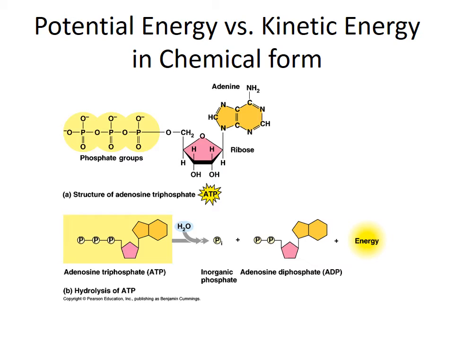And in chemical forms, as I said earlier, that chemical energy, that potential energy, is found in the bonds. The potential energy we see in the body is called ATP, adenosine triphosphate, and you can see that in this diagram. It looks just like a nucleotide. We see a nitrogenous base, the adenine. We see a 5-carbon sugar, ribose, and we see not one but 3 phosphate groups. If it was a nucleotide, there'd only be one phosphate group, but with 3 phosphate groups, that's where triphosphate